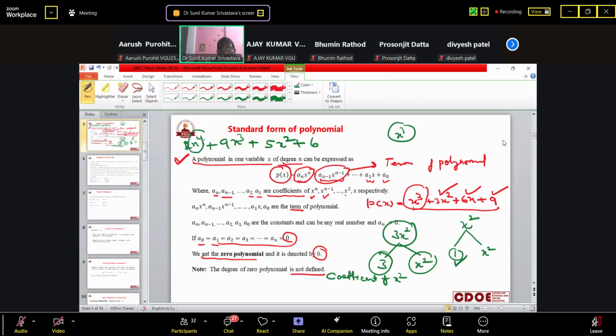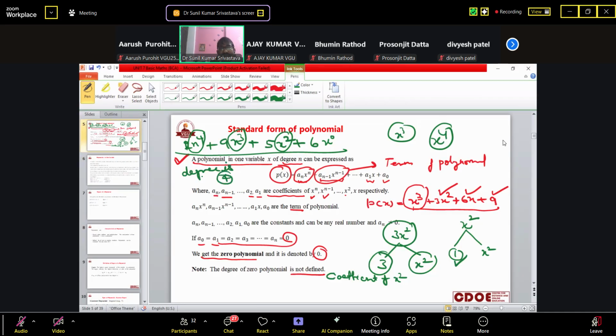X raised to power 4. We read here, x raised to power 4. The highest power of x is 4. Here, the highest power of x is 3. Then x raised to power 2, and x raised to power 0. So in this whole expression, we find the highest power is 4. So the degree is